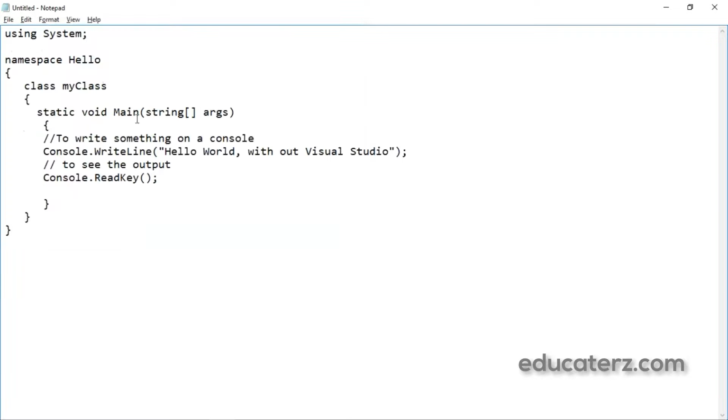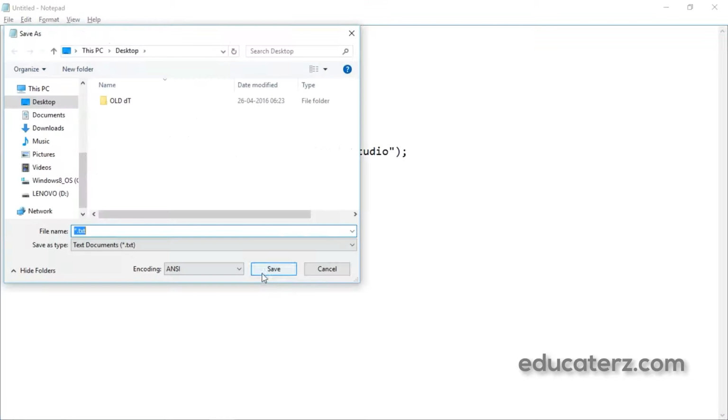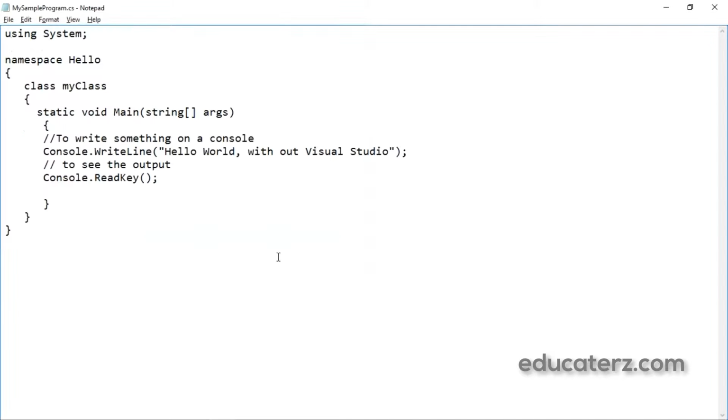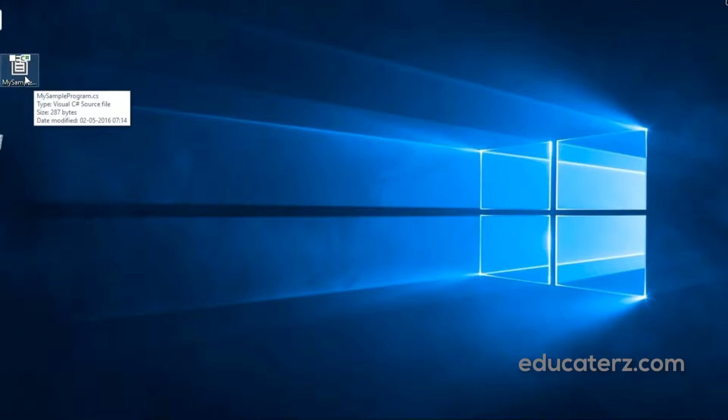Let me tell you again: after completing writing your program, you save this Notepad with save type All Types, then give the name of the program, my sample program.cs. You should not forget to give .cs. Now if you go to the desktop, you can see this. You are seeing this C# icon because you have installed Visual Studio; if you don't install Visual Studio, you cannot see this.